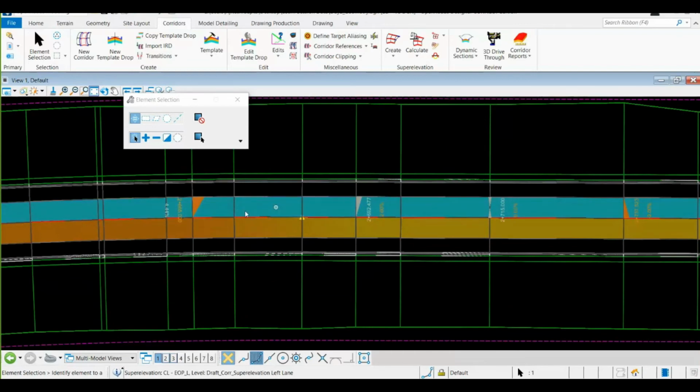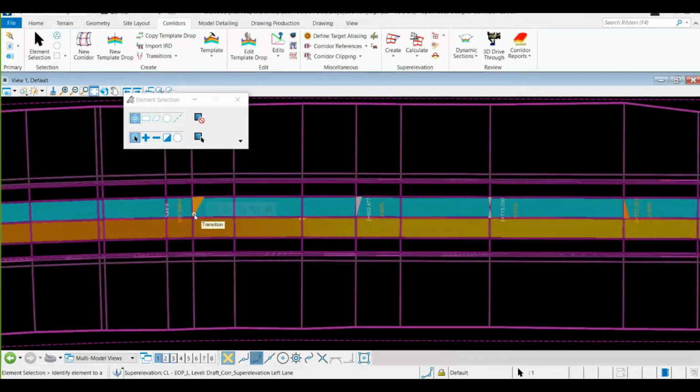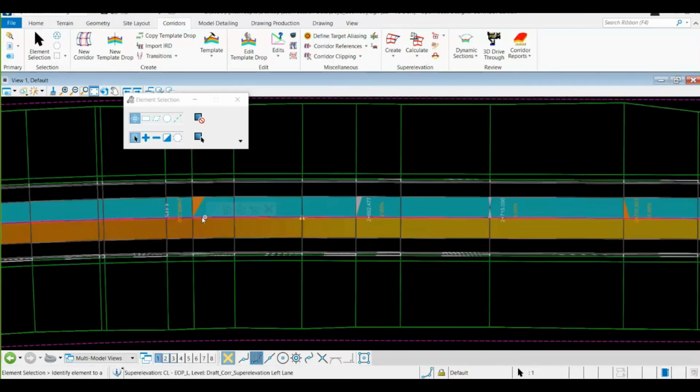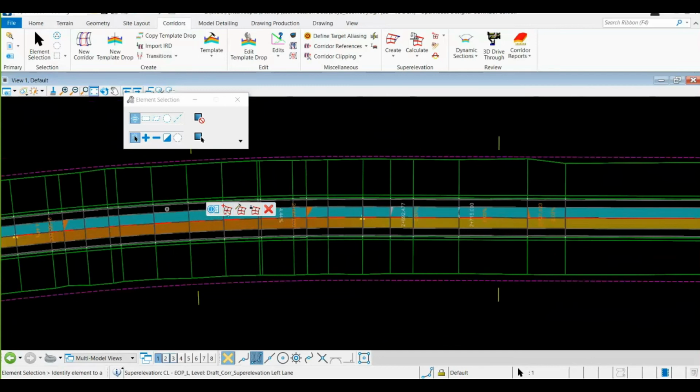So, if you look at the wedge direction, which you are seeing right over here, it is telling me that my left edge of pavement has been increased with respect to the crown. So it is in sloping, and since this is my section which is turning towards the right, my wedge direction is completely denoting that my left edge of pavement is increased with respect to my crown. So this was one method.